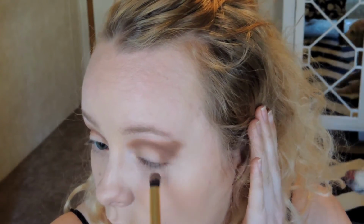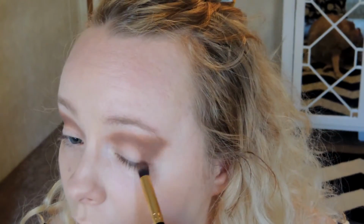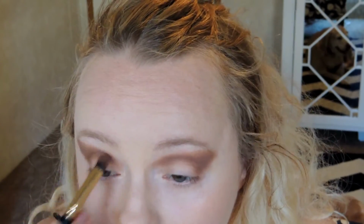And again, I just blended it in with that beige shade because, like I said, it wasn't going on as smoothly as I wanted, so I really just wanted to make sure to add that beige shade in there. And once I applied that, it just seemed to blend a lot more flawlessly. And yeah, I just wanted to make sure that it was kind of smoky, even though it is a very sharp defined crease. And yeah, I'm just going to blend,